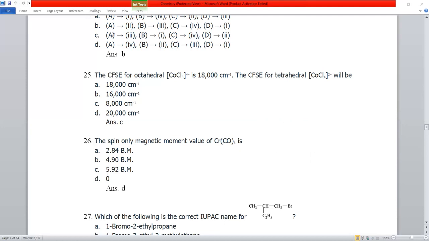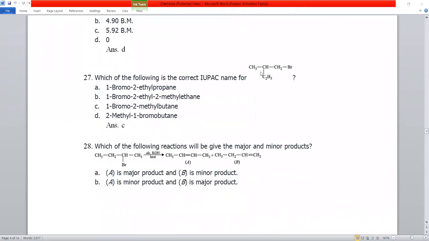Next question number 27. Haloalkanes chapter, students, elaborate the structure here. IUPAC name they are asking, very easy question. CH2Br, and at this portion an ethyl group, nothing but CH2CH3. First, what do you have to select? The longest possible chain. So go here 1, 2, 3, 4 I have given. So 1 bromo, 2 methyl. 2 substituents are there: bromine group and methyl group. According to alphabetical order, which will come? Bromo, B will come, right? 1 bromo, 2 methyl, butane, 4 carbons are there. So option C is the correct one.